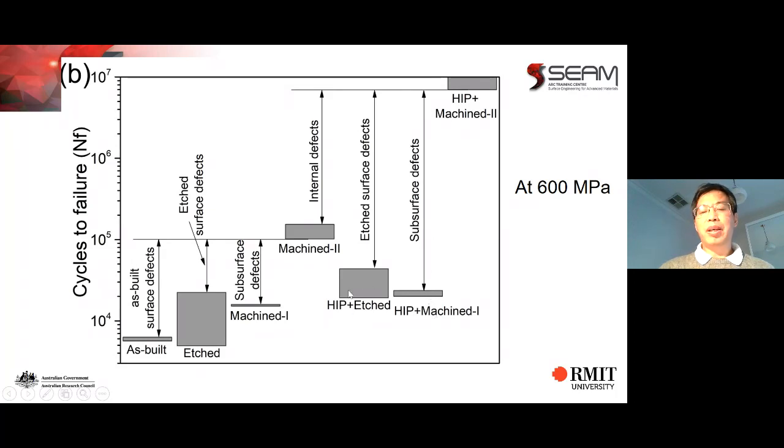And that's what we have achieved by applying HIP and the edge. And it's much lower. That's machine 2, without HIP. Machine 2 without HIP turns out to be the second best compared to the other combinations. That's machine 1, and the edge, chemical edge, as the build is here. So you can see that I think probably the selection or the application of HIP